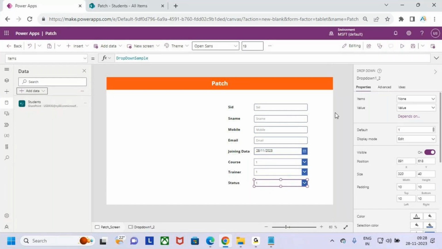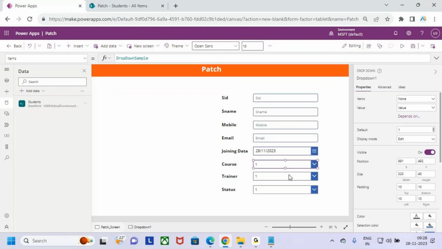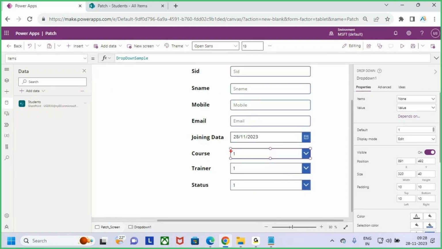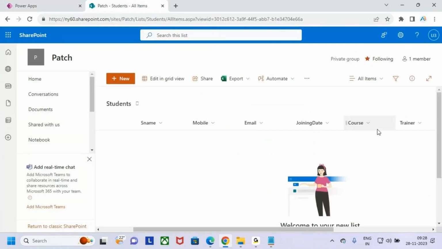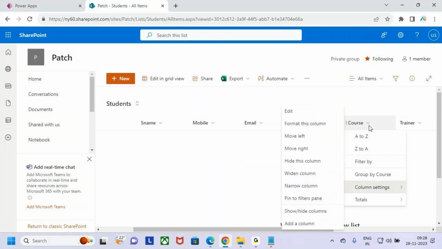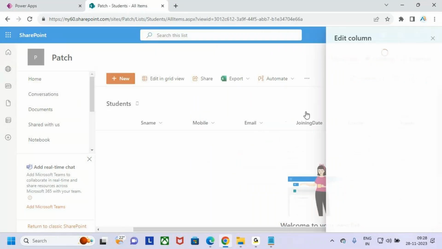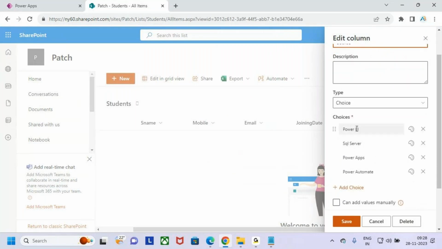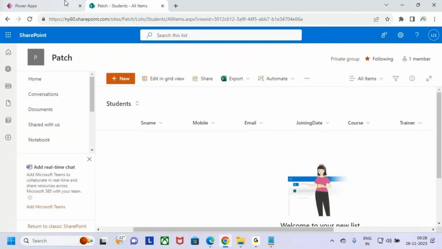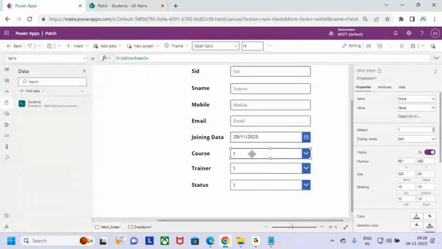Now see here in the courses, I want to keep whatever values are available in the students list. If you go to the list for the courses, there are some choices. If you go to the course column and click on edit, there are some choices: Power BI, SQL, Power Apps, Power Automate. So I want to display those values here in this course. Select the course,